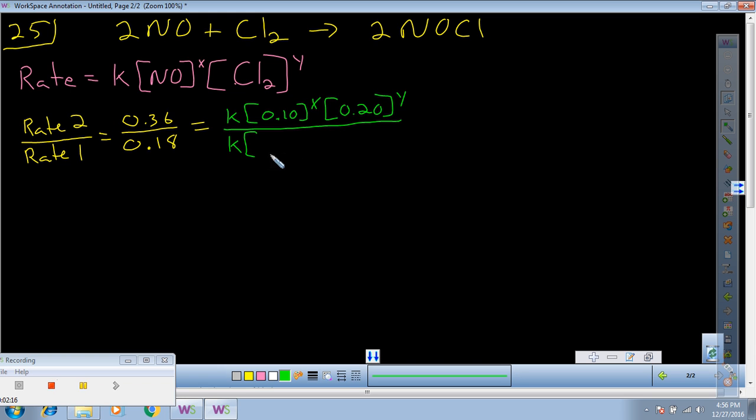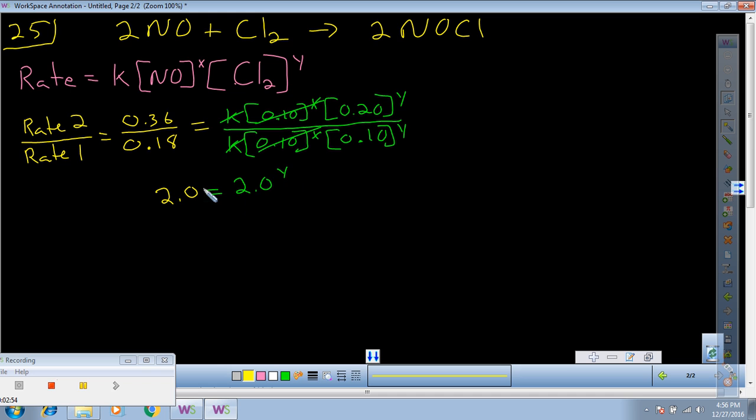And then experiment number 1, my given concentration and my chlorine. Well, I can simplify this. Those cancel, and if I divide that, and over here if I divide this,